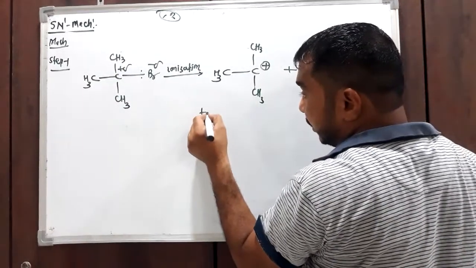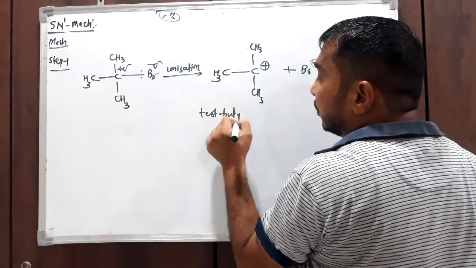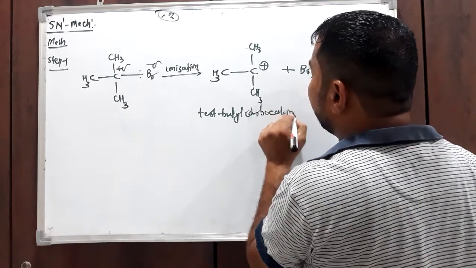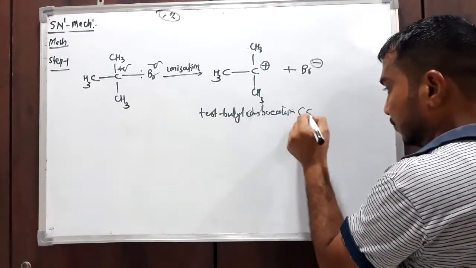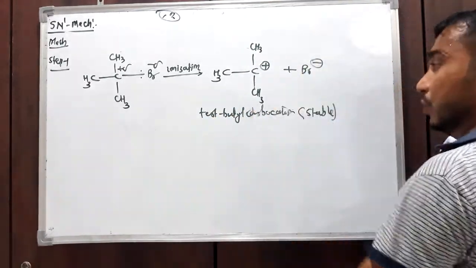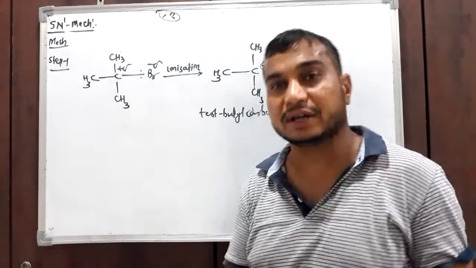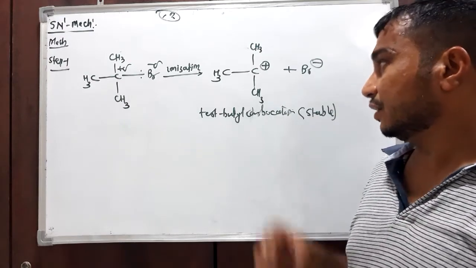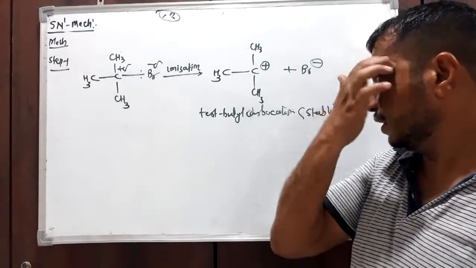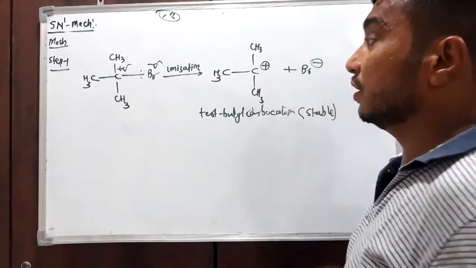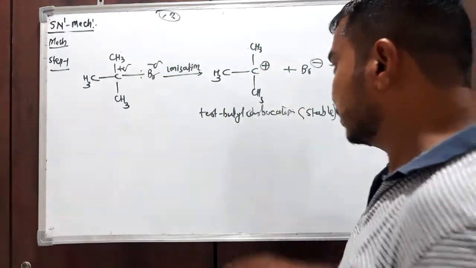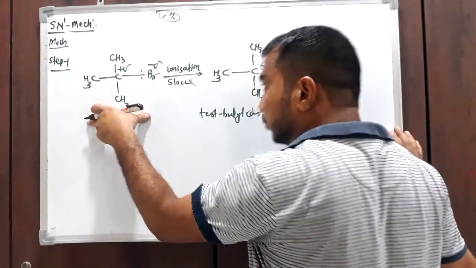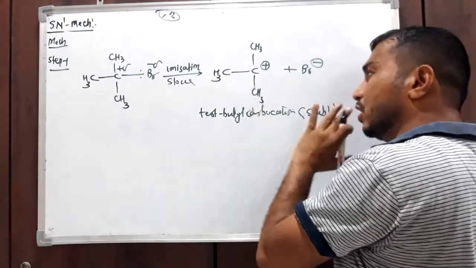This step gives a carbocation plus Br minus ion. This is the tertiary butyl carbocation. Since the carbocation is tertiary, it is stable, therefore its formation is possible. It is more stable than even primary and secondary carbocations. So in step 1 the C-Br bond breaks first, and that step is the slow step, because a stable molecule is getting converted into unstable, charged species, which are always unstable.